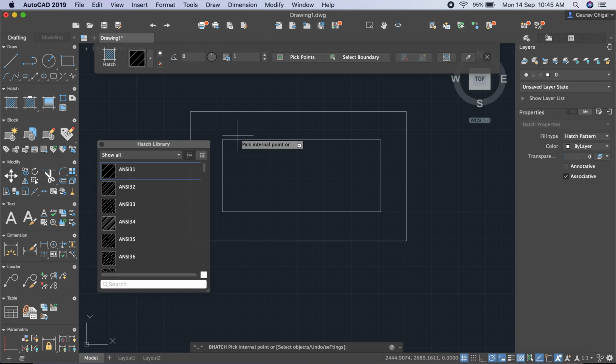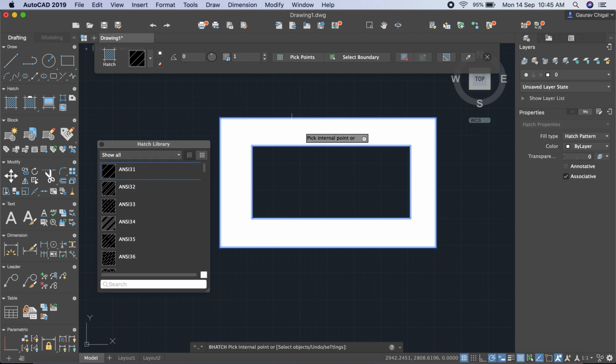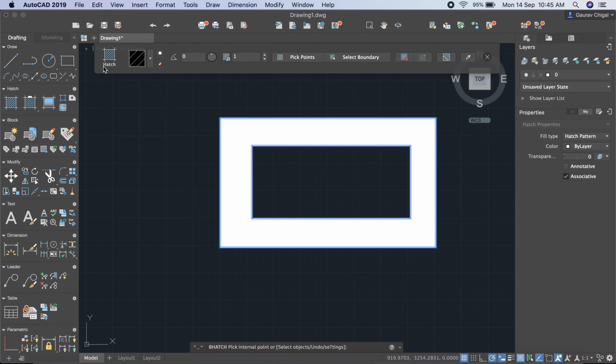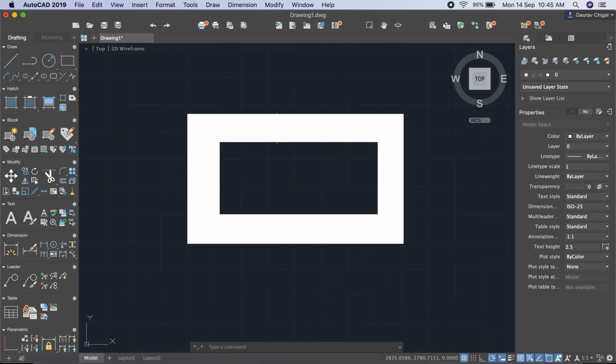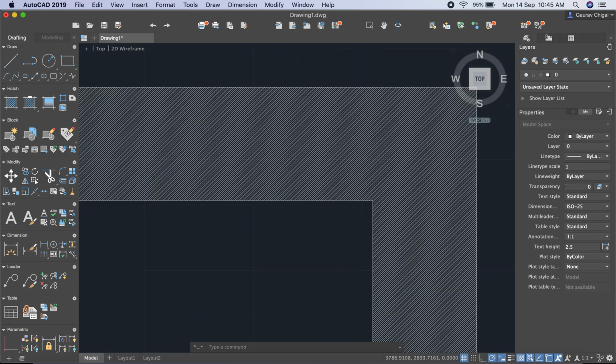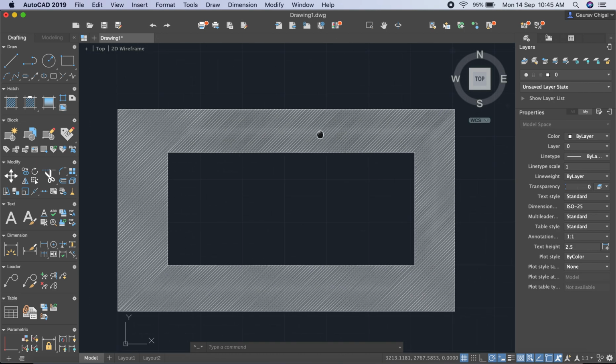So I select this. Now you have to define the region in which you want to give the hatch, whether this region is this interior rectangle or you want to give hatching on this surface here. So I just click here. You can see hatch is applied, and then I just click cross here. Now the hatch command is applied. Now you can see it's just white, you don't see any lines. When I zoom in you can see the lines, but in normal view I can't see the lines here.